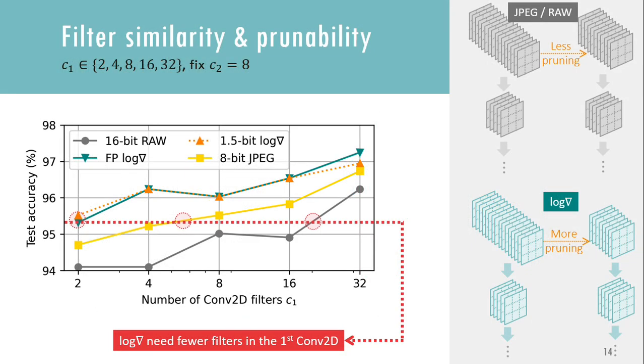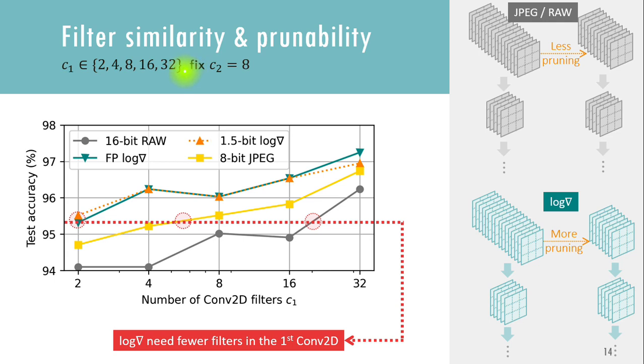But I just showed the relationship between prunability, filter similarity, and redundancy. I didn't theoretically show it, or just prove it by experiments. This is what I'm going to do right now. So I fixed the number of filters of the second layer to 8, and vary the number of filters in the first layer. If our intuition stands,